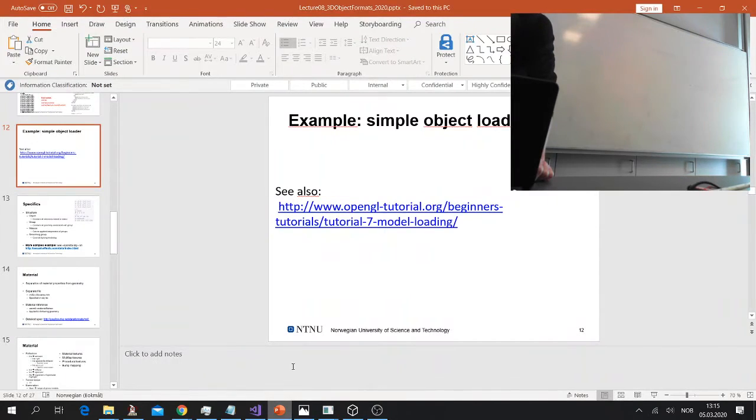Okay, so we left off with the simple example of an object loader. What this object loader does is basically read what you have in the OBJ file. It doesn't really care about the materials, and it was also very simple because it just read this cube. Of course, you have more complicated